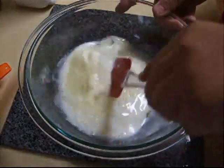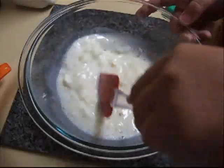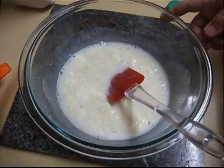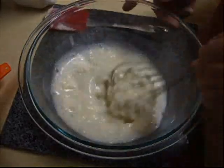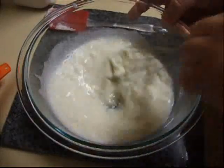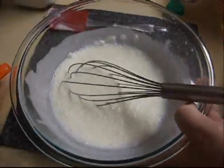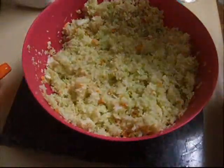And then you just want to mix this together until the sugar is dissolved and everything is incorporated. And I might get the whisk out for this. That goes much faster. Now that that's all mixed up, I'm going to go back to our cabbage,